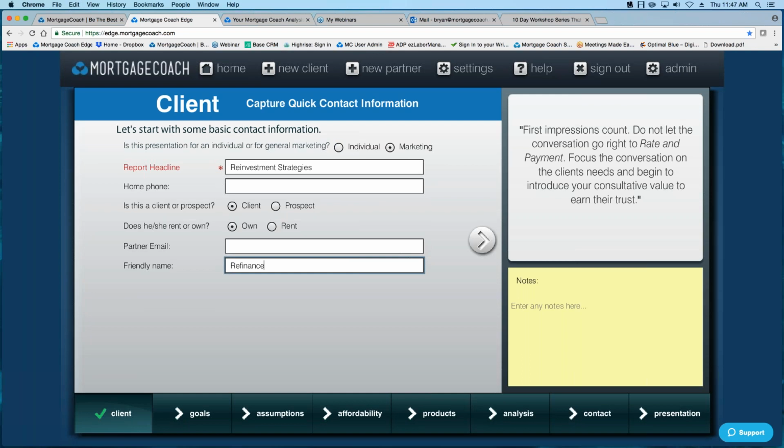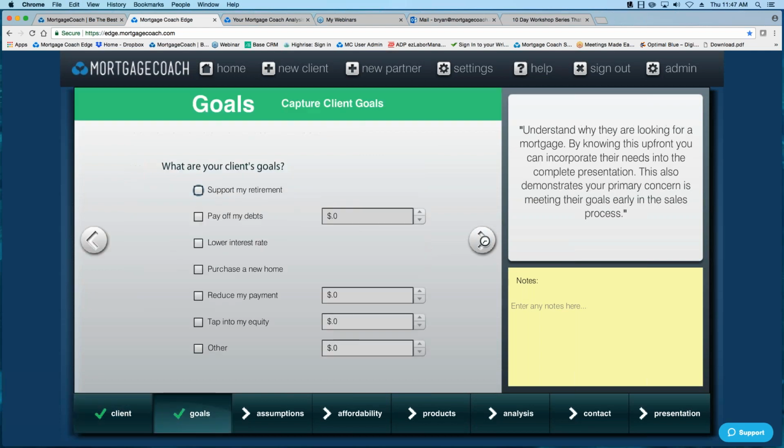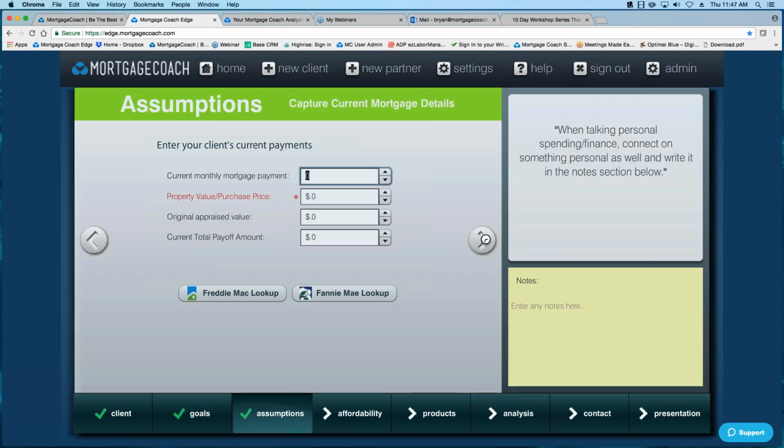And you can see that by putting the name in the friendly name area, I'm able to see which particular presentation belongs to which particular strategy. So this is going to be a refinance. So I'm going to go ahead and choose other for the time being. I'll say that the value of the home in the current market is $300,000, and maybe they bought it for $250,000,